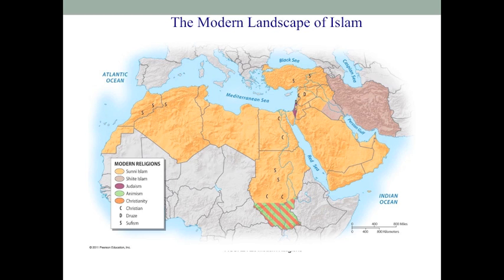Shia Islam favors the passing of power within the traditions through Muhammad's family, whereas Sunni Islam favors a passing of power through established clergy. Remember that most Muslims, two-thirds in fact, practice the Sunni form. Also, an important term is the theocratic state, and in Islam, an example would be Iran, where the Ayatollahs hold both religious and political power.